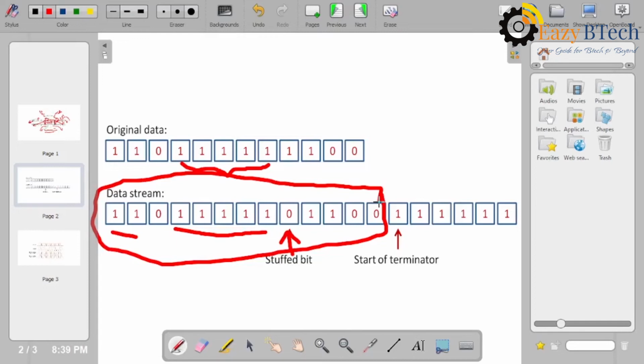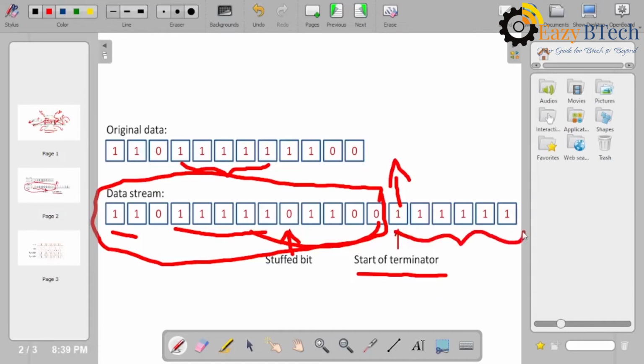Before starting the next frame we insert another special type of bit, a 1. The terminator means the first frame is ended and the next frame will be coming.